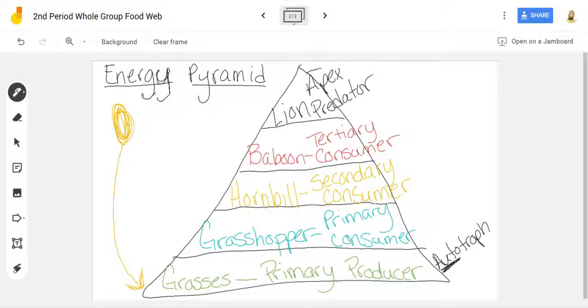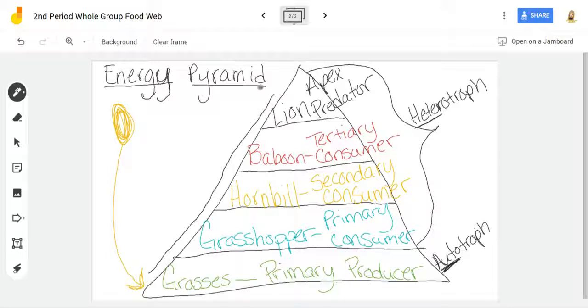Okay, now all of these organisms are consumers. And notice that we can call them by another name, just like we had autotroph here. We can have heterotroph. Here, hetero meaning other. They get their energy from another organism. All right, now we're going to discuss something very important in the next video, because you can see that the flow of energy flows up your pyramid. So we have to talk about a very important rule